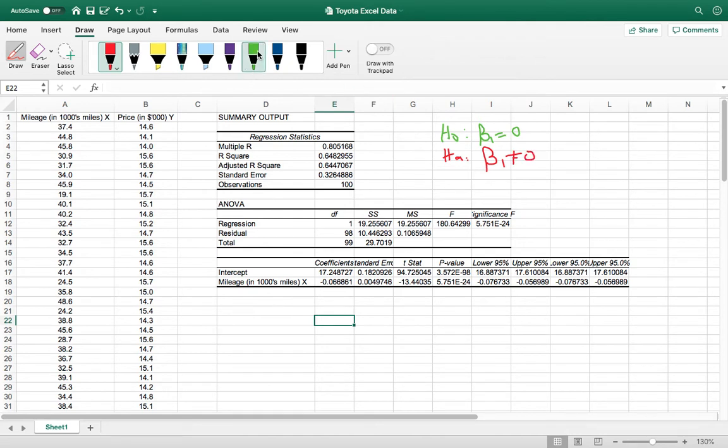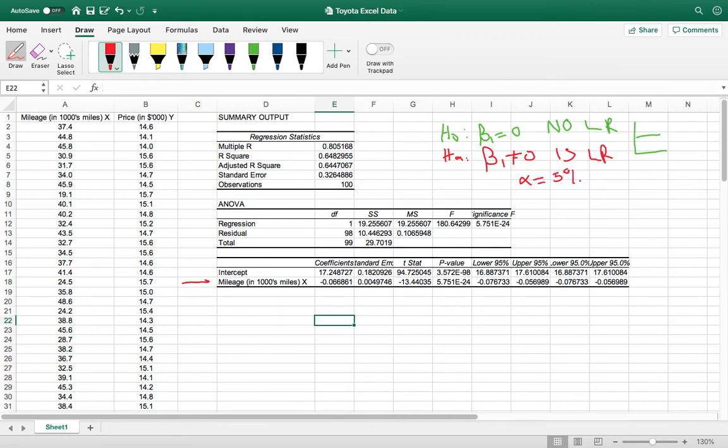Now, if the slope equals 0, what does that mean? If the slope equals 0, that means there is no linear relationship. So I'll just put no linear relationship exists between the two variables, and otherwise there is a linear relationship. If we reject H0, there is a linear relationship. And to test that, the easiest way, remember we're looking at the slope. So everything along here refers to the slope. The easiest way to do it is to take an alpha value, since we haven't been given one, of 5%,